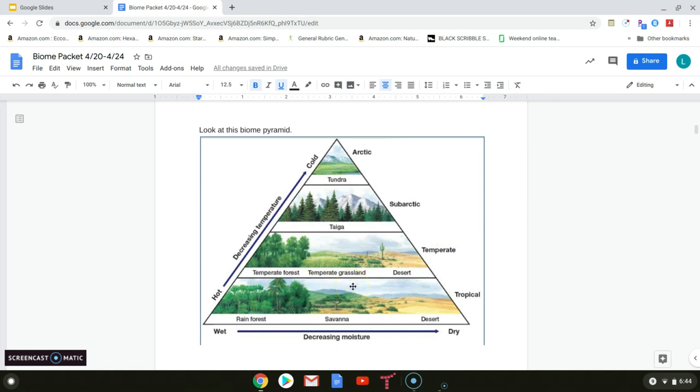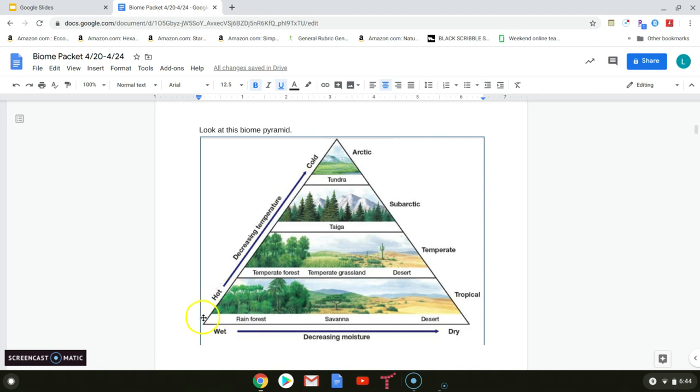But this will vary depending on our next bar here that goes from wet to dry. This means decreasing moisture, for those of you who went into the hydrologic cycle, meaning less rainfall. So here in our temperate section, we have temperate forest, temperate grassland, which is a majority of what we can find here in the Midwest, all the way to the end of temperate and dry, which is desert. You can see very few plants. We have a cactus there, whereas in our wetter, more temperate sections, we have more greenery, trees, shrubbery,